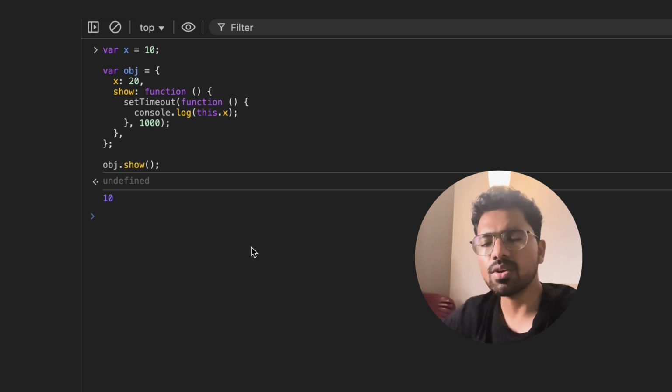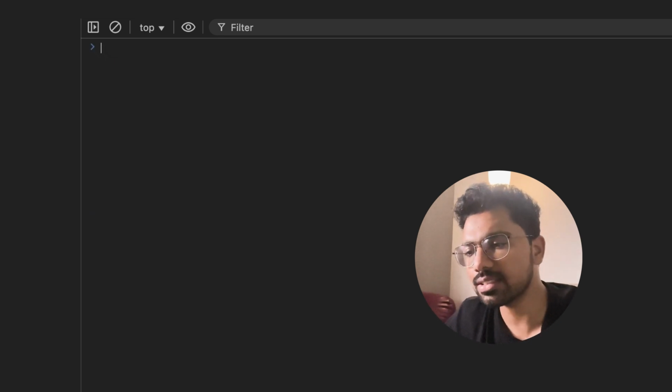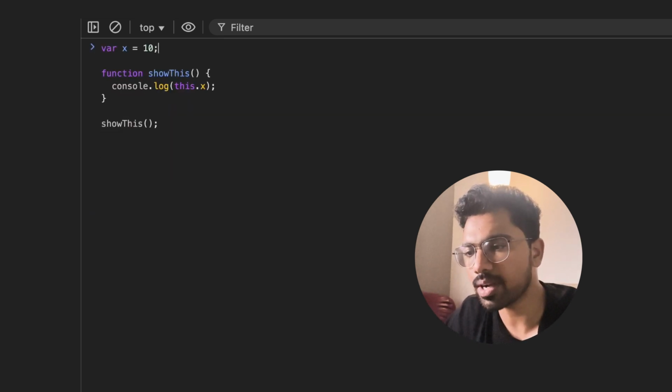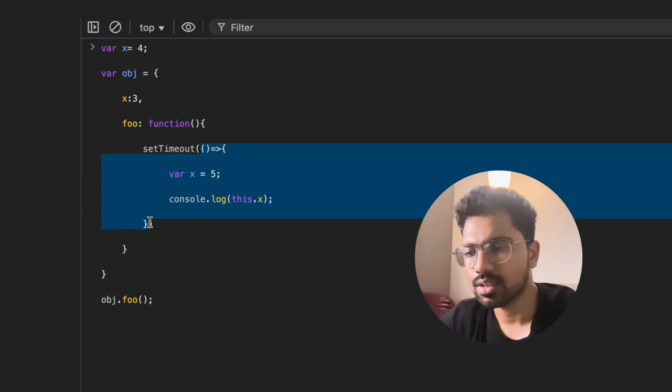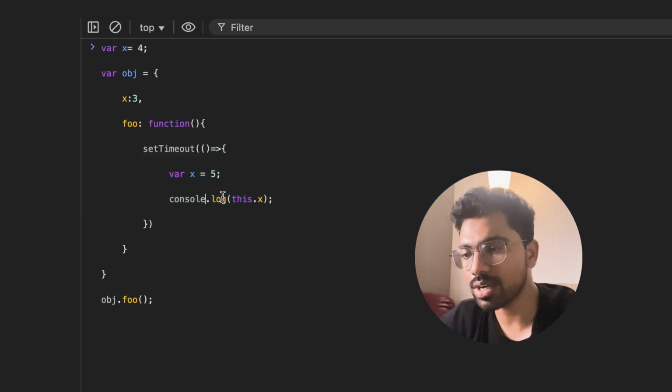So now on the basis of these three questions, let's deal with our original code snippet that we had in the beginning of the video. So here obj.foo we are calling, right? Now the setTimeout here is an arrow function. So in case of arrow function, what happens is it inherits this keyword.